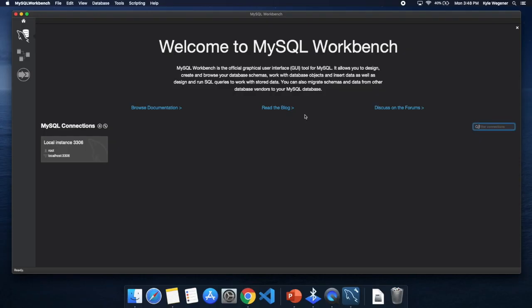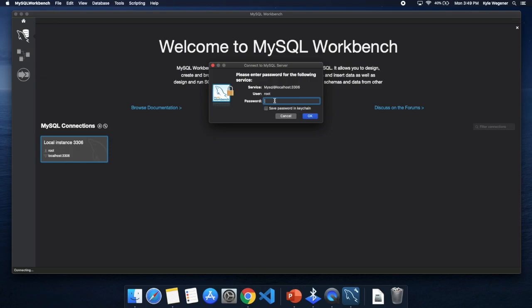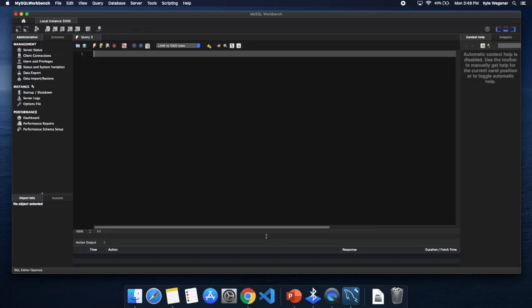So let's start by opening up MySQL Workbench. We're going to see the MySQL connections here that we've created previously. Type in our password that we have for encryption. And we're in. So the first thing that we were asked to do in this studio is to create a